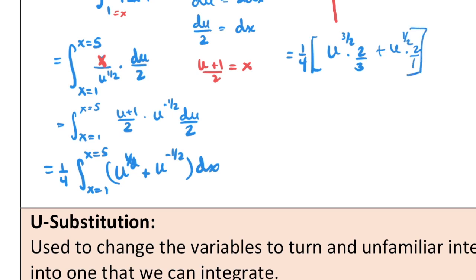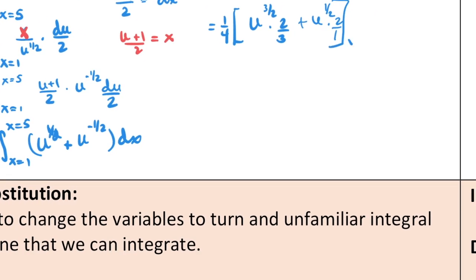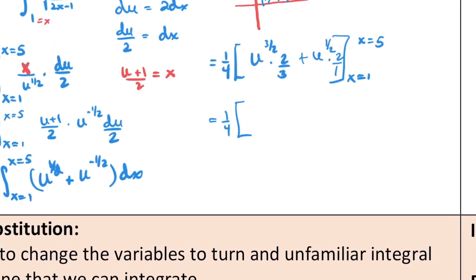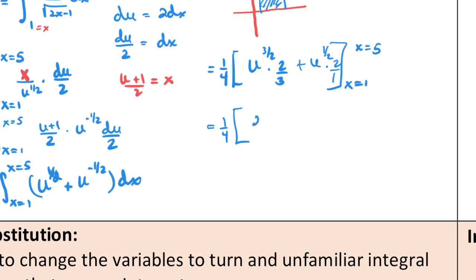Now, remember, these are x values. x equals 1, x equals 5. Because they're x values, we will need to replace the u's with that 2x minus 1. So we'll have 2x minus 1 to the 3/2 times 2/3 plus the quantity 2x minus 1 to the 1/2